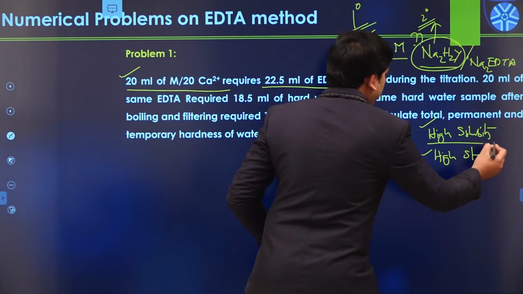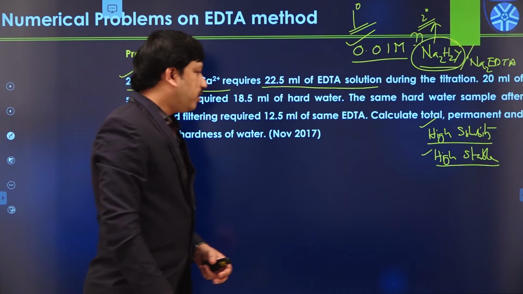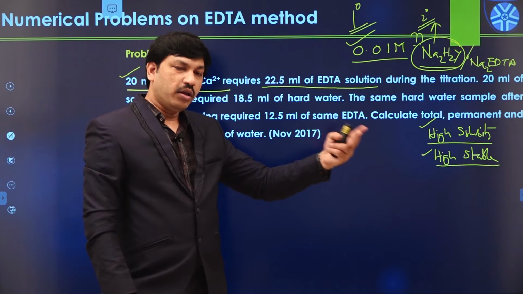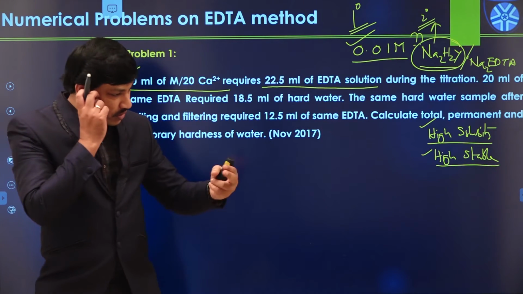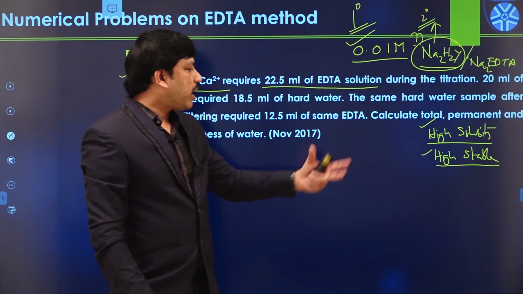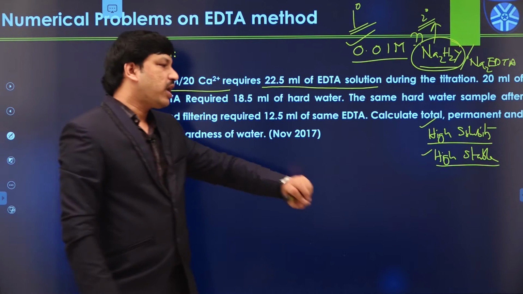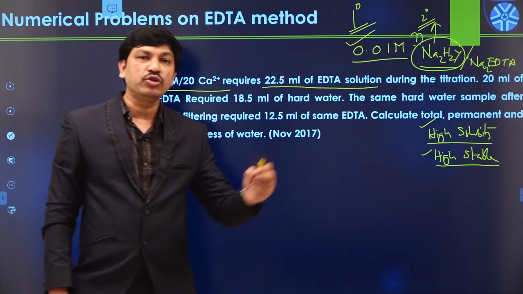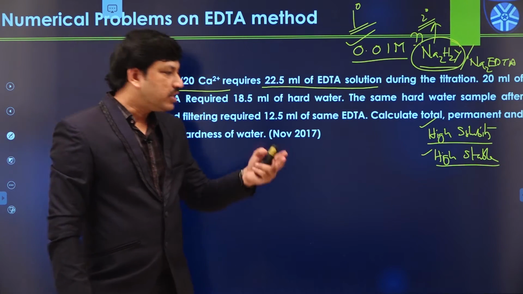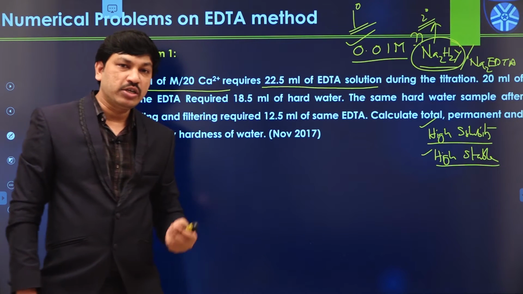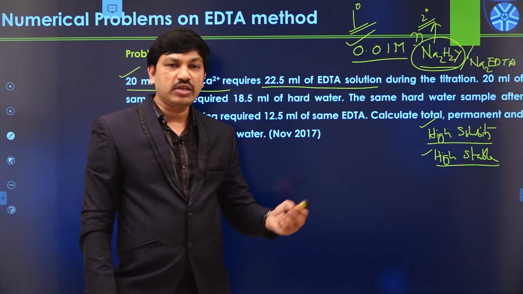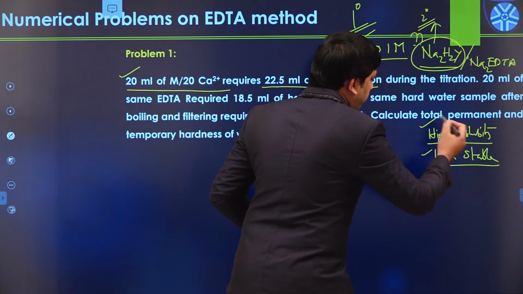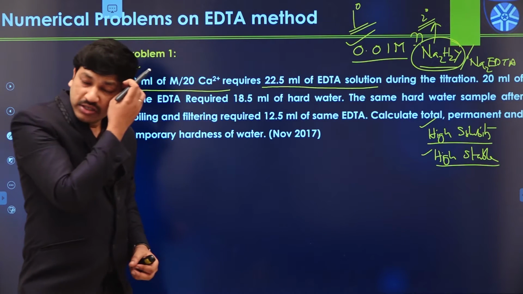High solubility is required, high stability is required, and they cannot change their concentration value during the titration process. So primary standard solutions have some specific requirements like this. We have to choose highly soluble material, highly stable material, and at the same time, once we make a concentrated or diluted solution, that concentration is fixed and does not change during the titration process. So we have different types of examples for the primary standard solution.